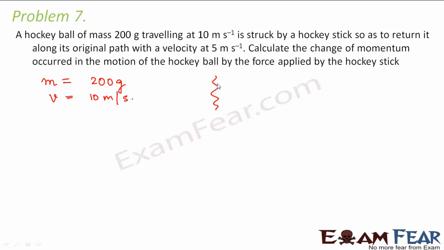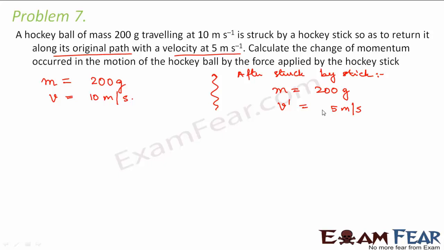Now what happened later? Later it got struck by the hockey stick, right? So after being struck by the hockey stick, what happened? The mass anyway still remained the same, but what happened to the velocity? The velocity changed. It returned along its original path with a velocity of 5 meter per second. So now the velocity became 5 meter per second and it returned along the original path. That means it was in the opposite direction. So therefore, change in momentum